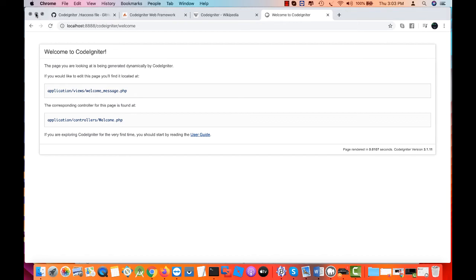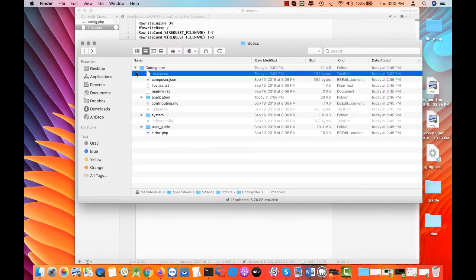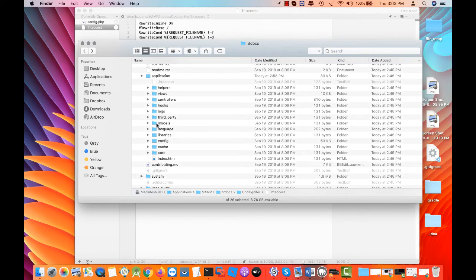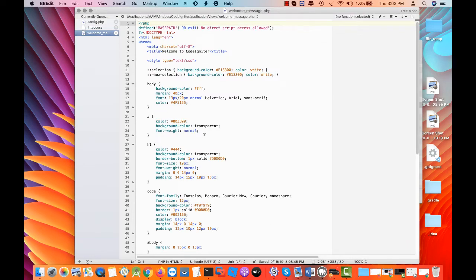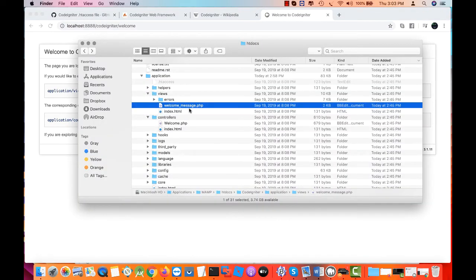So how do things work here? What's really happening inside our system is that we have a controllers folder inside the application, and we have our views folder. Inside our views folder, we have the welcome message that you see. This is the code for it. This is the welcome underscore message.php that is being called by this